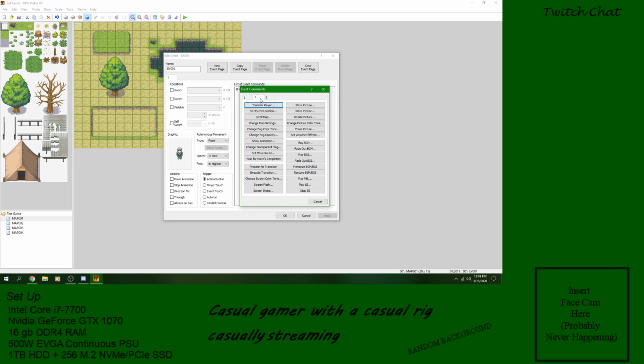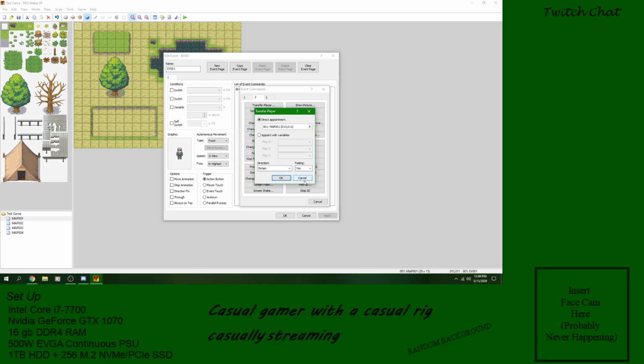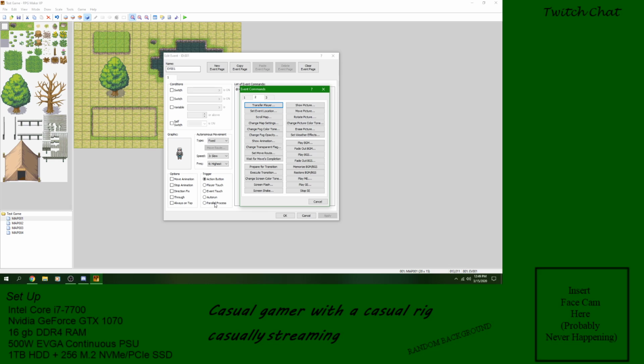Alright, we're done the first page and it took 45 minutes. God! Alright, but these look fairly straightforward. A lot of the stuff I use is in this second page. So transfer player. We've used this a lot. If you have an event where it's action button, player touch, event touch, auto run, parallel process, which means two events are running at the same time,